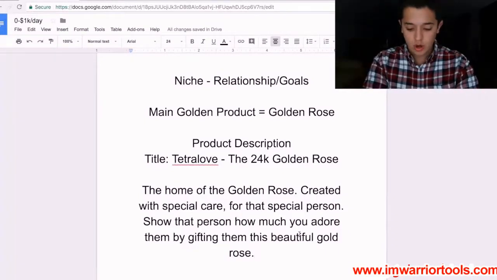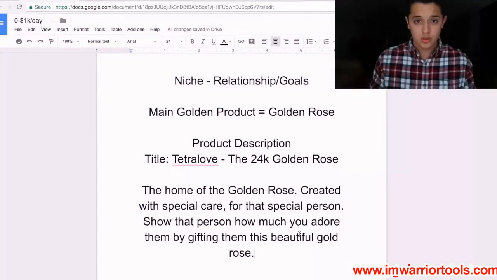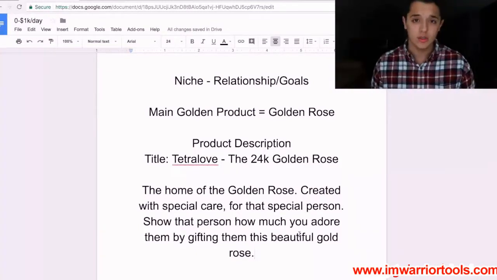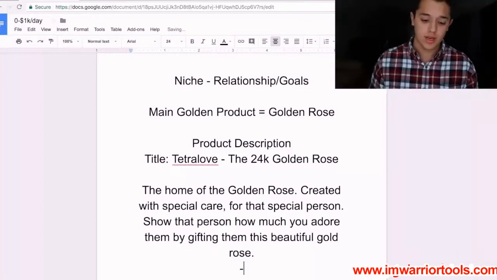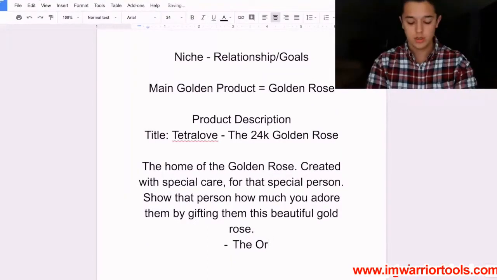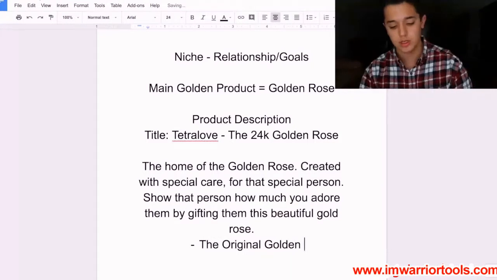Now I think I might add one more sentence to this. Or actually no, I'm going to start with the bullet points. You always want to have a few sentences as the base of your description and then add bullet points that add specific details that people can read and understand. So what I'm going to say here is the original golden rose. Then the next one's going to be